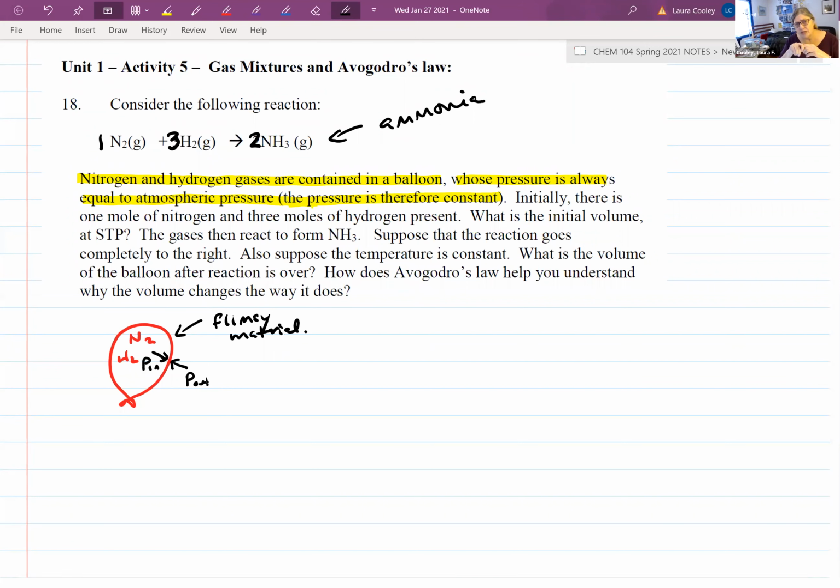In the experiment that you do in the lab, some of you did, we did it yesterday, you saw that Mrs. Sayak and I had to do a little work to make the inner and outer pressure in the graduated cylinder be the same, because the graduated cylinder does not have flimsy walls. So we had to adjust the height. Well, I don't want to get too far ahead, but we had to go through a little bit of effort to make the inside and outside the same when we had the graduated cylinder inverted in the water. We had to make the water level the same inside and outside. But here, it's the flimsy material of the balloon that allows the